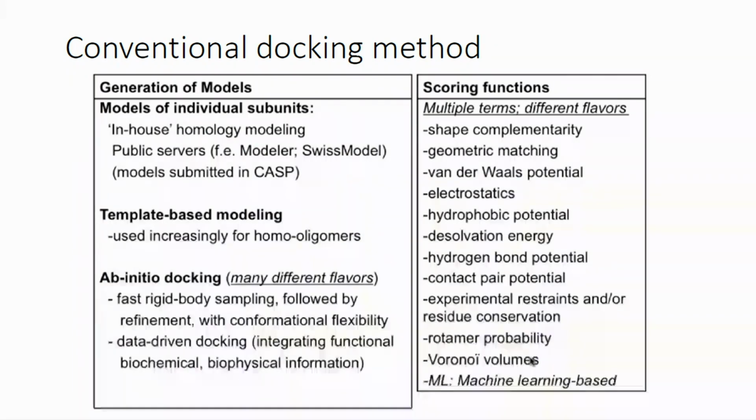And there are also scoring functions where, for a pair of proteins and their relative positions, you could give them a score based on different types of potentials or energies. Some of them are exact, some are approximated, and you just use it as a high-level approximation of how strong the binding is. But a lot of these work okay only if you give them a very good initial guess, and they can maybe also be used to refine the docking, as AlphaFold did.